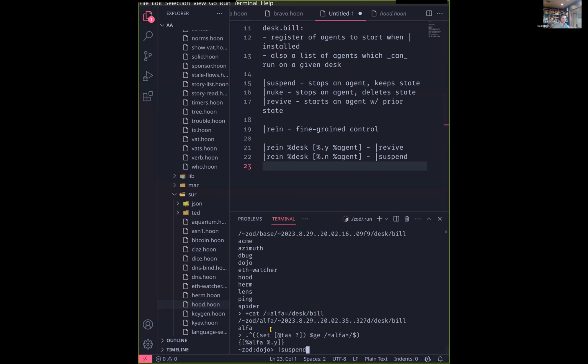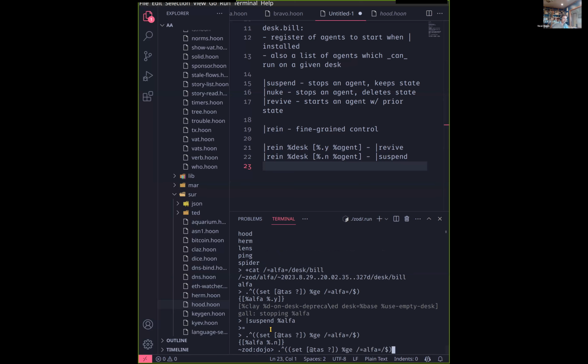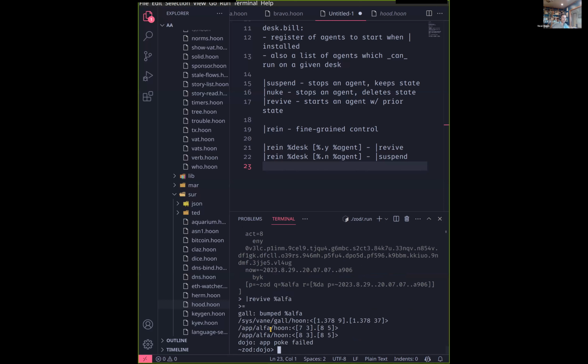So let me suspend alpha. Now, if I run this, I get that alpha is not running. And if I try to poke alpha, call alpha less debug, for instance, I just get a poke. I don't think debug was even working with it, but it just tells me that it's not running right now. So bar revive, send alpha, restores that state for me. And then you notice that immediately I got this